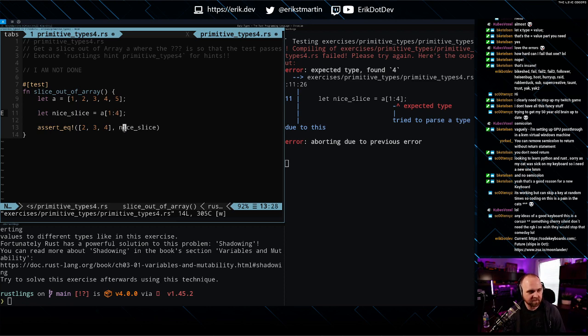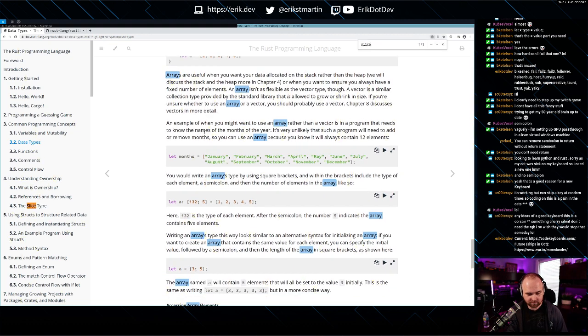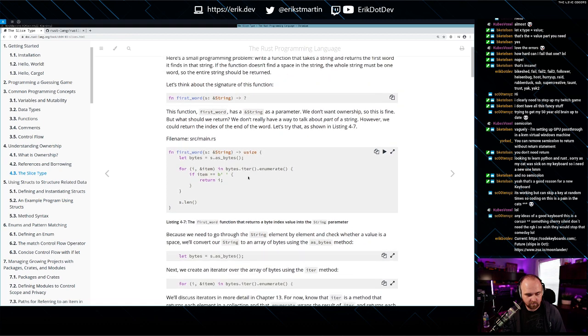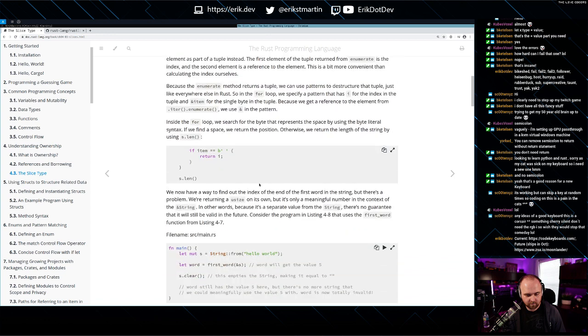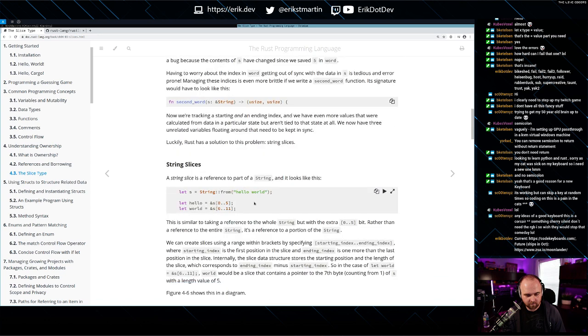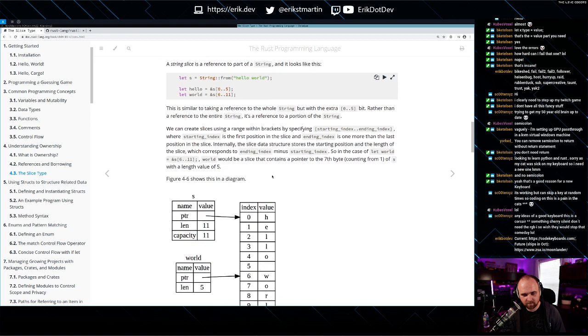Okay, so that is clearly not how we slice things. That's iterating. Oh, we do a dot for that.